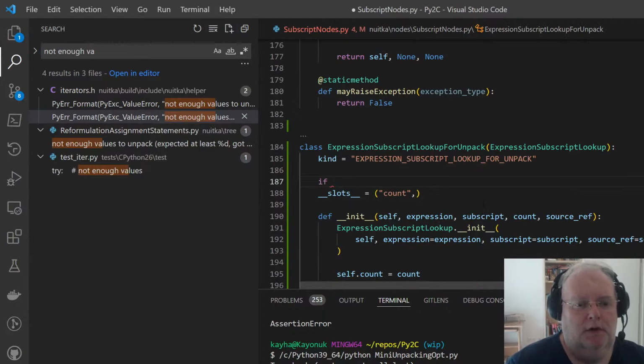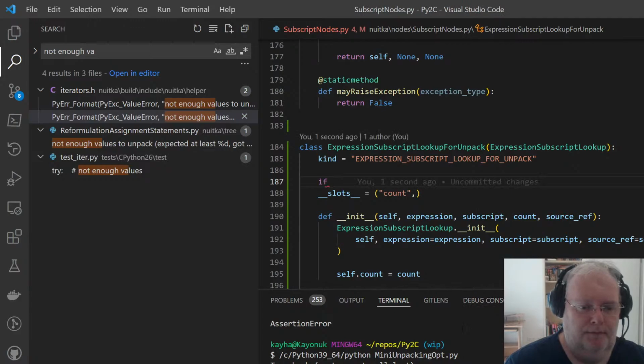If, wasn't it Python 2? Which version needs it? Really? All Python 3 has it. No, Python 3.5 has it.